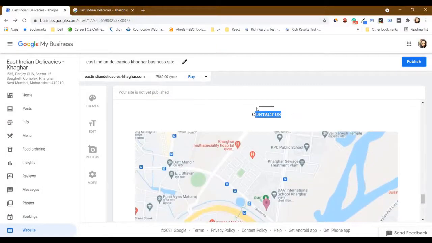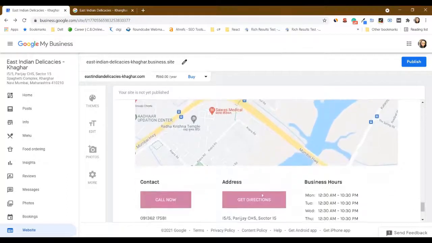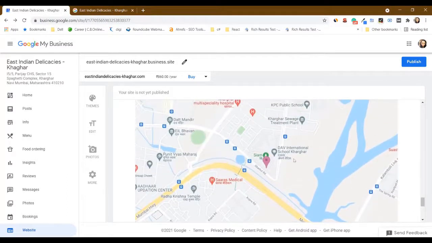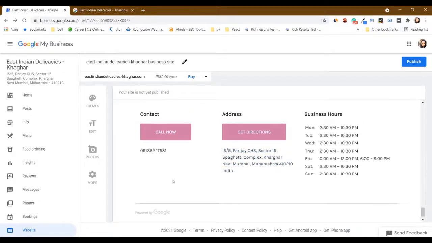Here you can see in the contact us section, automatically your business location gets fed on the website, so that if people are looking for directions, they can click on the Google My Business map that is already added over here. You can see that my phone number and my address is automatically added, so whatever number you add in the info section, it gets added over here in the website. So first you need to create a Google My Business profile, and then only you will be able to create the website. So while creating the Google My Business profile, you will get these options to fill in.